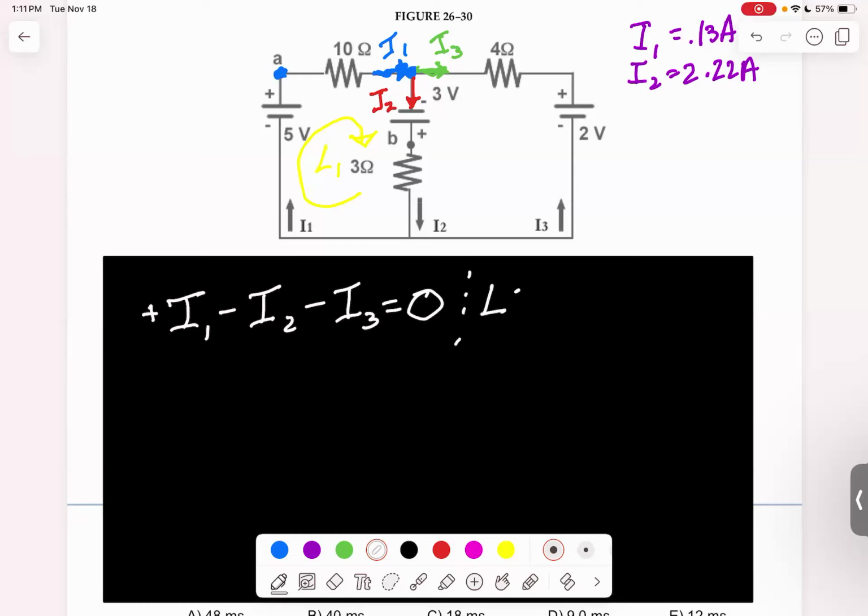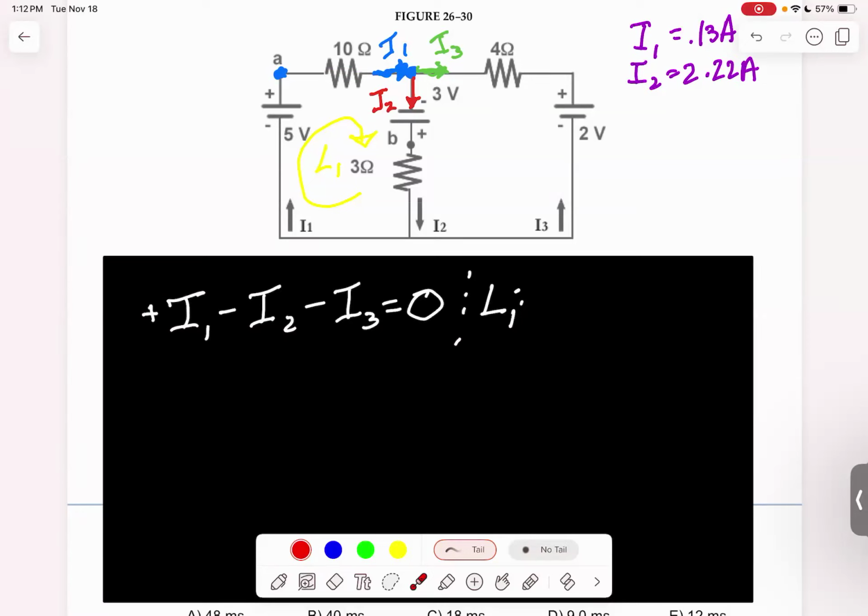So my L1, we're going to see all the voltage drops across this loop. Now, when I go across a resistor in the direction of the current, there's going to be a voltage drop. So as I go across this first resistor,